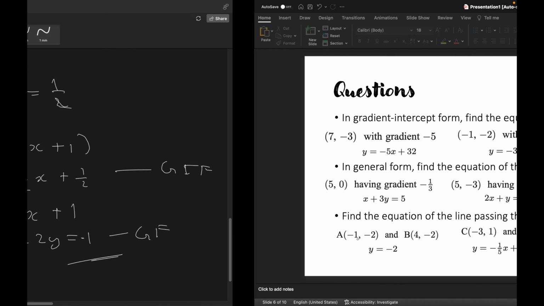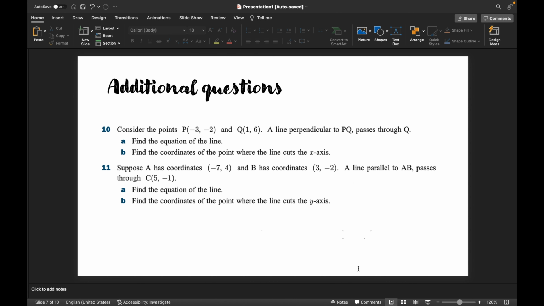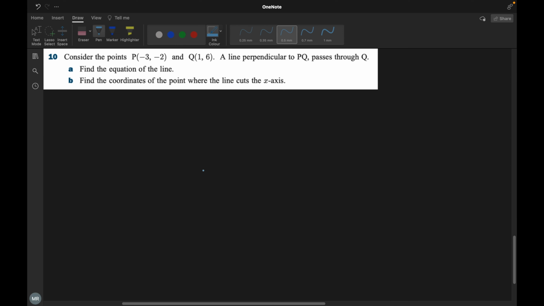Yeah, we got our answer. Moving on to the harder questions. So yeah, let's work on this. So we have to consider the following points, which is P with coordinates